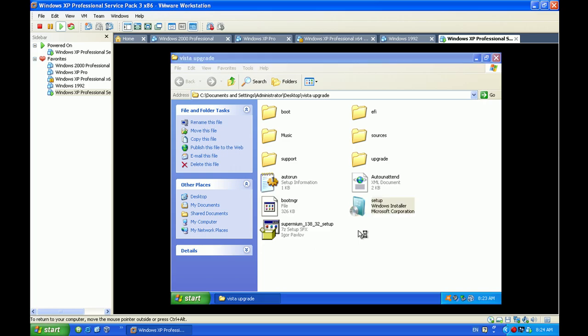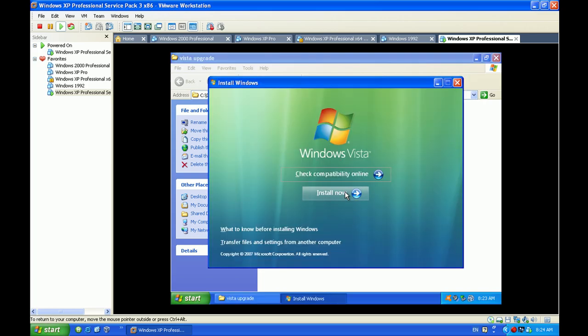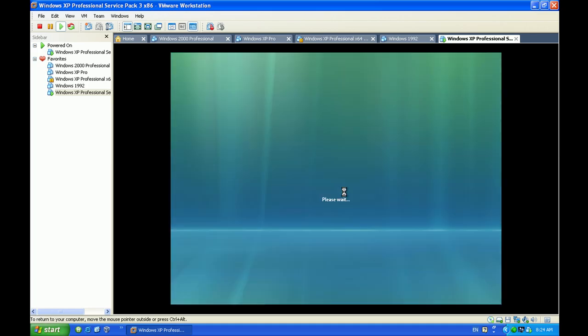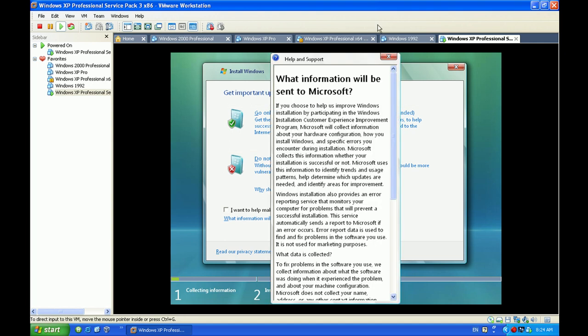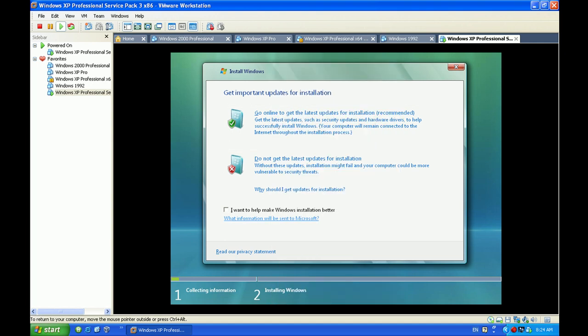Next, you will need to ensure that you install the Windows Vista setup. Go ahead and install it now, and the screen will display on your PC, but it's displaying on my virtual machine screen. And then check mark. I want to make Windows installation better. Just go ahead and click on Do Not Go Online for installation, because